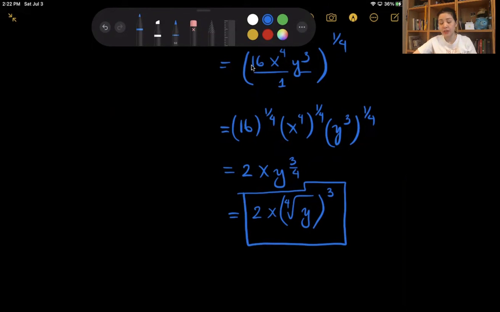Right. So as you can see, simplifying radical expressions is not a big deal, right? As long as you are careful with all the bookkeeping and careful with all the canceling of the factors,